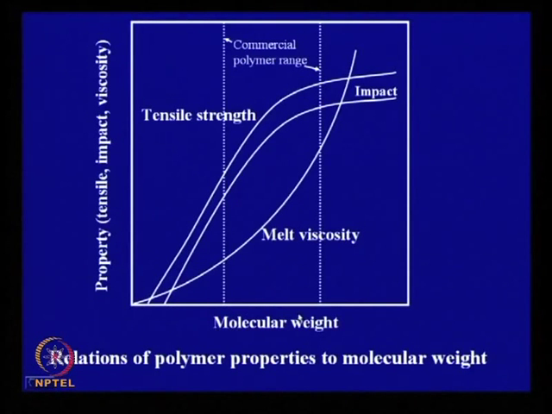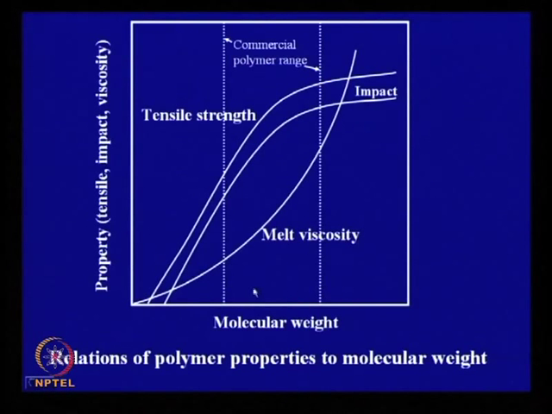Here the axis is not defined. So, it is a hypothetical molecular weight range, where you can get adequate tensile properties, adequate impact properties, adequate processability. That means, you have to achieve a compromise between the processing as well as the properties. If you want only very high molecular weight, you will not be able to process it. If you are unable to process it, if you cannot make a product, that is useless. So, you have to make a suitable product. So, it should match with the processing machineries. That means, the machineries you have,